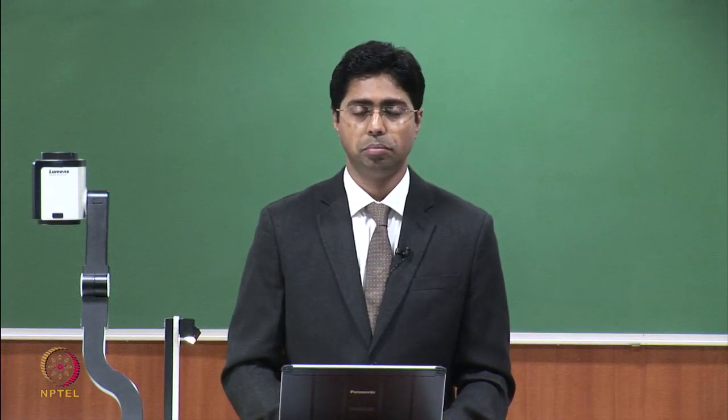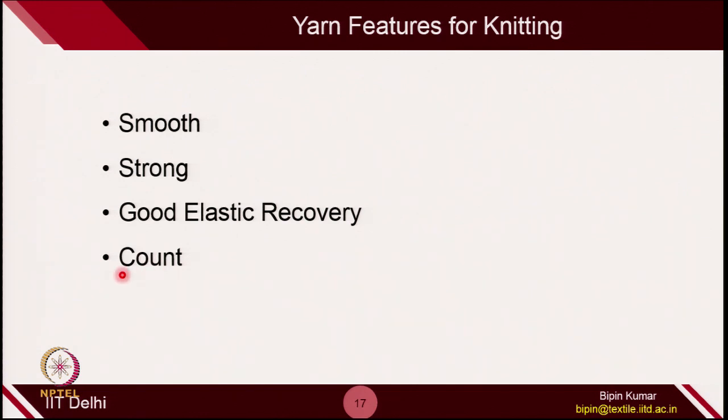Also the count, because we can have different diameters of the yarn, as the yarn count can vary depending on the yarn spinning parameters. So, what is the right count that is suitable for the machine? It will depend on the machine gauge and the technology which you are using. In this, we are actually focusing on the relationship which can be used for selecting the yarn count for a particular machine. So, count is again very important.